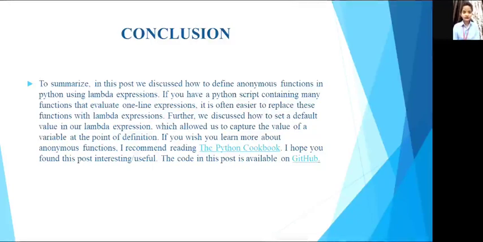To summarize, in this post we discuss how to define anonymous function in Python using lambda expression. If you have any Python script containing many functions that evaluate one-line expressions, it is often easier to replace these functions with the lambda expression.